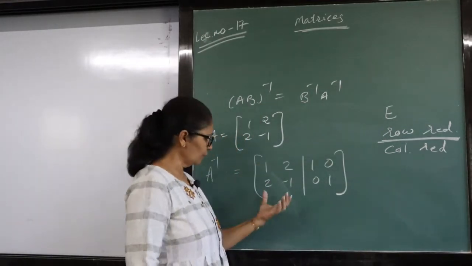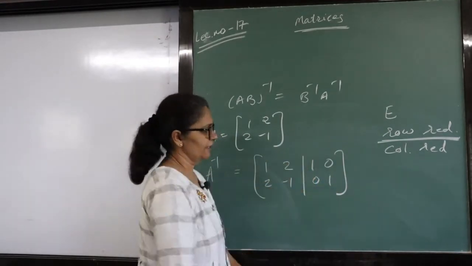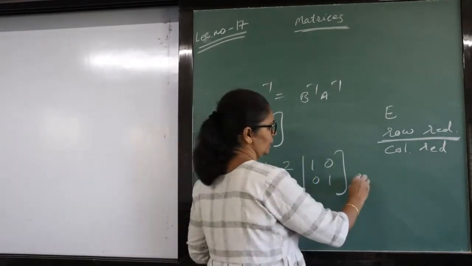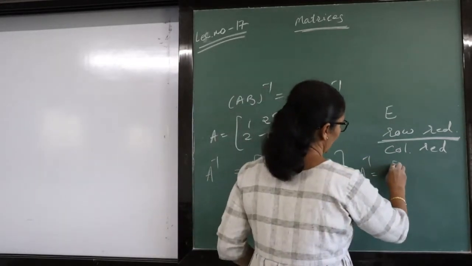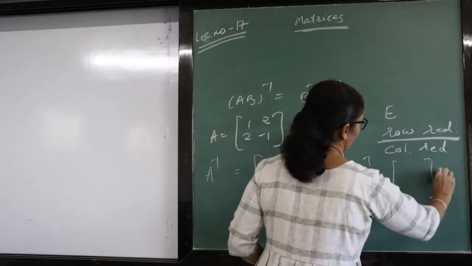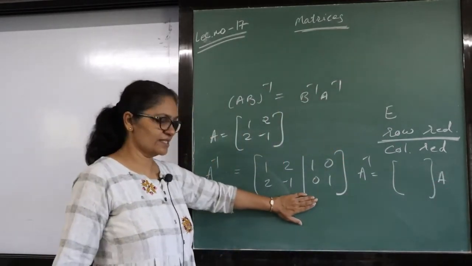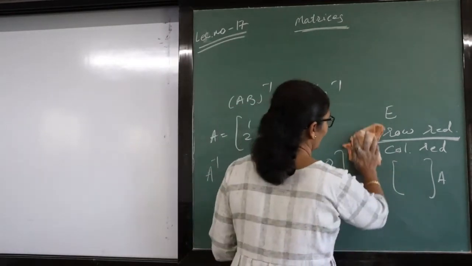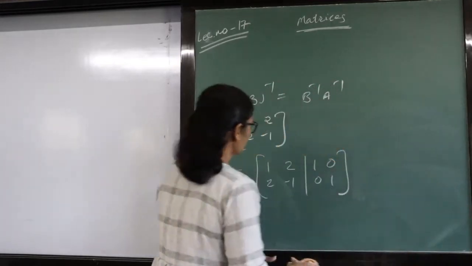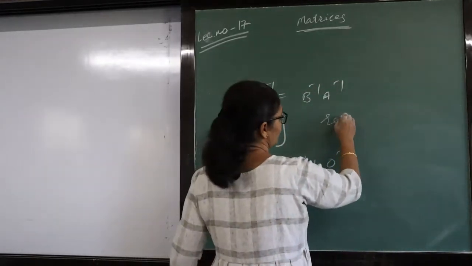Now what I have to do, here I want the unit matrix and the inverse will be shifted here. In your book another method is also given for finding A inverse. What you have to write? One identity matrix with A, and then you have to shift your matrix. But the easiest way is this one. So better option, first you follow this method. If you get the method in a proper way, then you can solve by any other method. Okay, here first we follow the row reduction method.